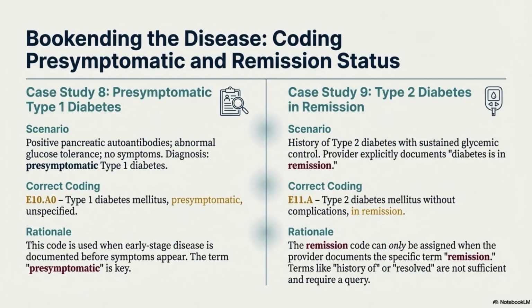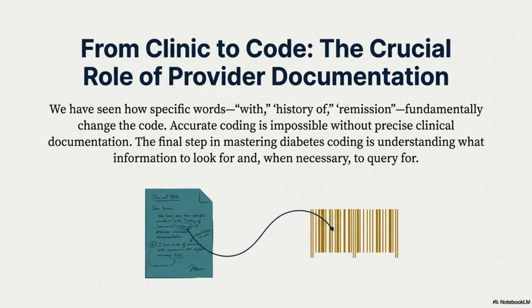These two cases highlight how precise documentation, whether it's early disease or remission, directly drives accurate code assignment. This slide brings everything together. Our job as coders is to take what's written in the clinical note and translate it into the correct ICD-10-CM code. And as we've seen, small details in the documentation, like with, poorly controlled, history of, or in remission, can completely change the coding pathway. When the documentation is clear, coding is straightforward. When it's not, that's when a query becomes necessary. So, this step from clinic to code is all about accuracy, clarity, and making sure the coded data truly reflects